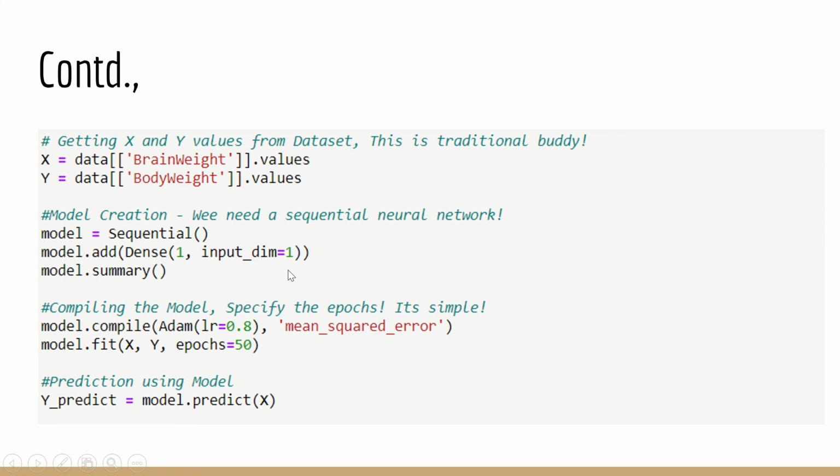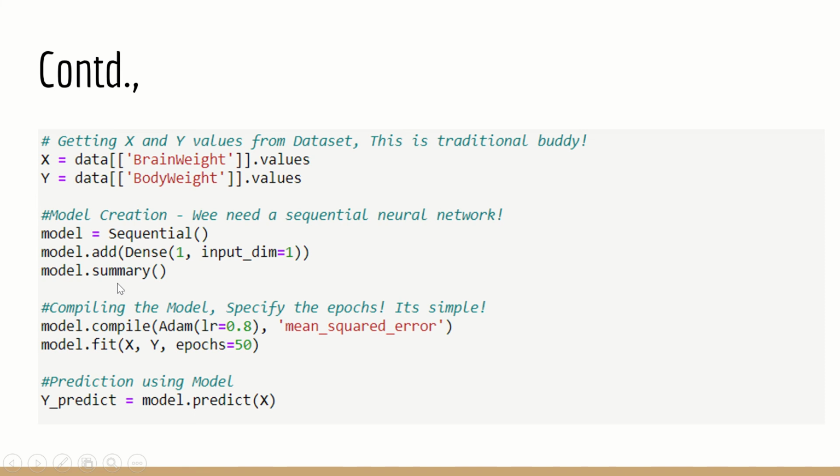We need to build the model. We are going to build the model with sequential. We have a sequential neural network. I need dense. What is dense? This dense is going to convert all the different dimensional content into one dimension for it to be processed easily. That's it. I am going to get it into a format which is easily handleable. Now I am displaying it as a summary.